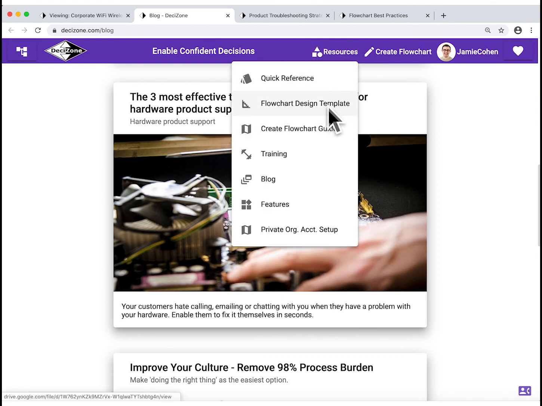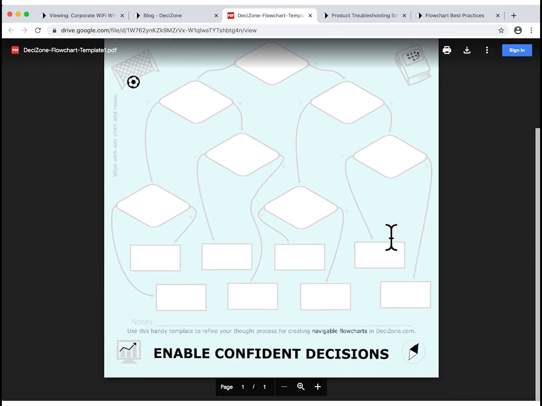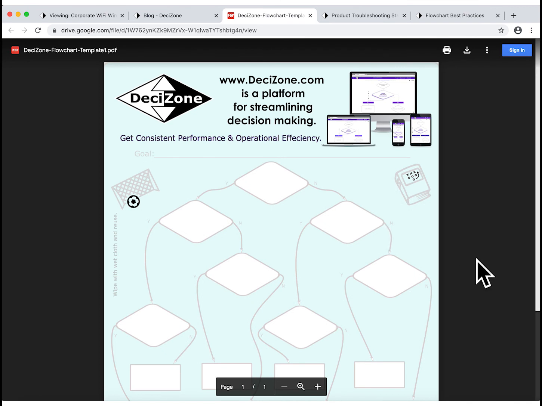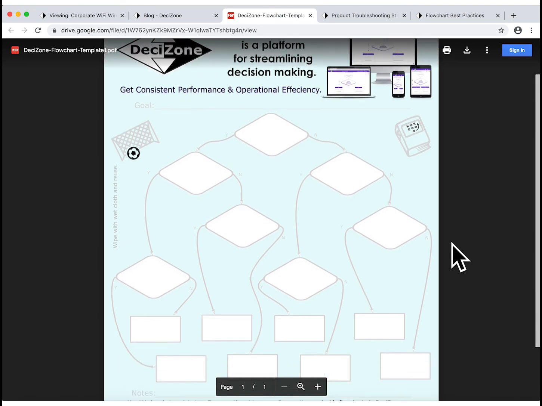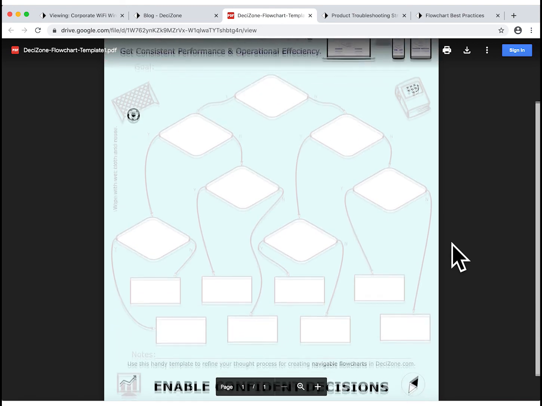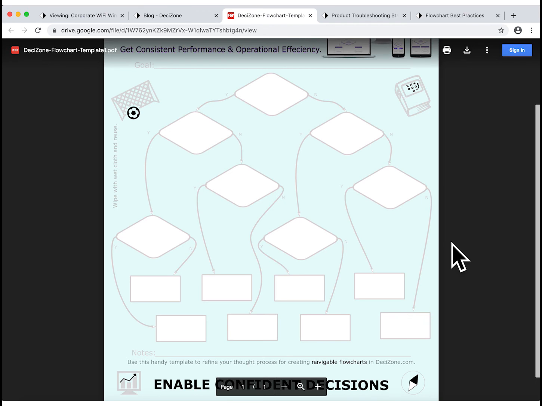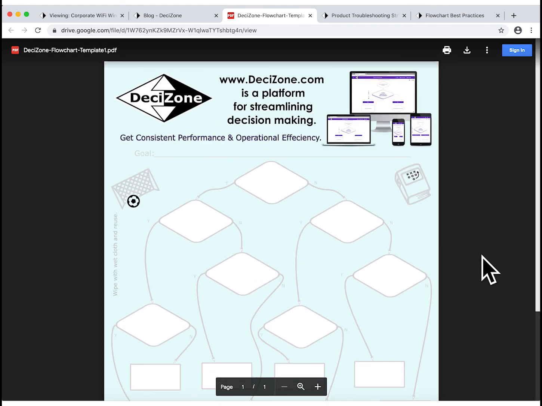For your convenience, we also have a printable flowchart template that you can use to quickly lay down your thought processes. We highly recommend that you prepare at least a rough diagram of your flowchart logic on a piece of paper and thoroughly review it before you begin to create it in Decision. Having a clear logical diagram in front of you while you are creating your Decision interactive flowchart will prevent many common logical mistakes and will be overall more convenient for you.